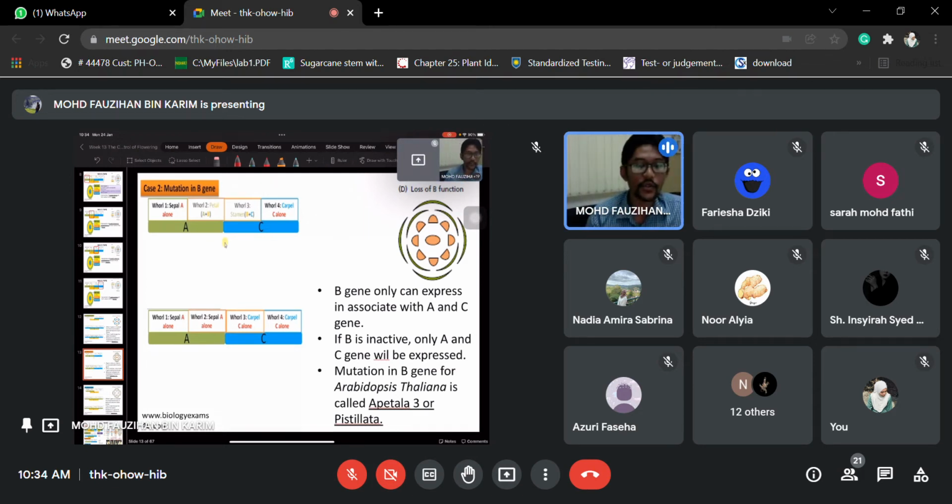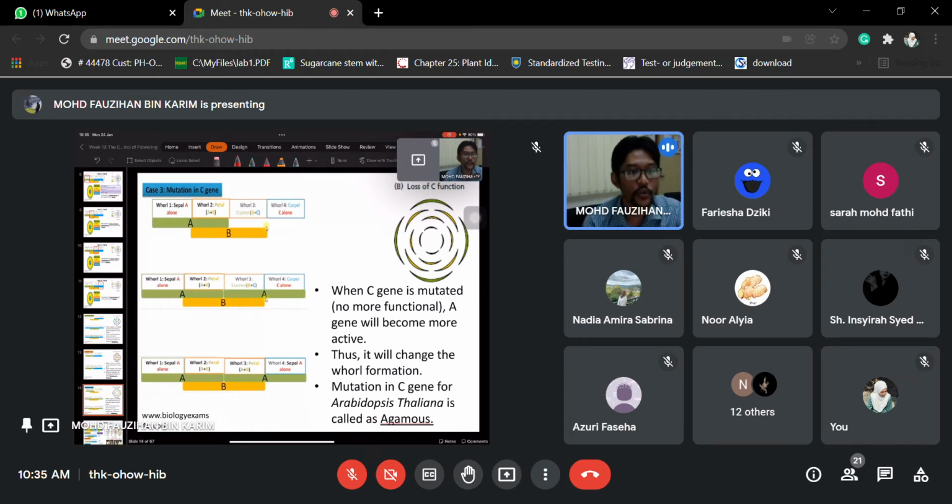Alright. So what you will see is sepals and carpel, right? Two things. Alright. So the gene mutation of the B genes we call apetala3 or pistillata, apetala3. Usually apetala3. Alright. So if you mutate the C genes, what you will see is